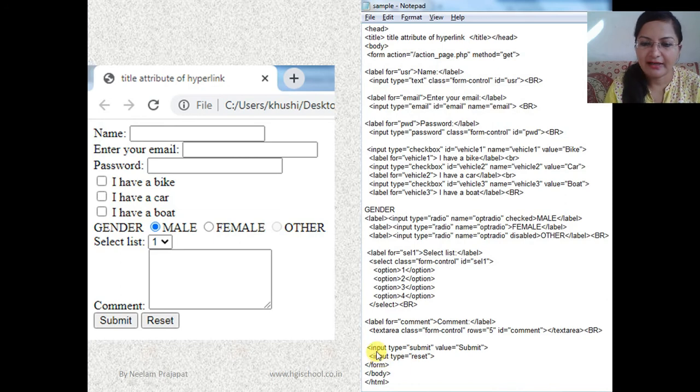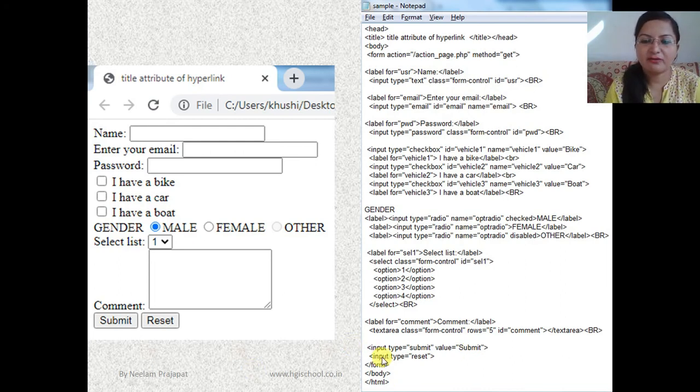Okay, and the last one you can see input type submit button is there. For submit button you have to write input type submit. What you want to display, that you have to write in value submit. Okay, in place of submit, here in the value you can write login also, sign up, sign in. Okay, various types of options that you have already seen in various web pages you can write. Got it? So if you have to change the content written on the button, you have to change the value of the value attribute of input type submit.